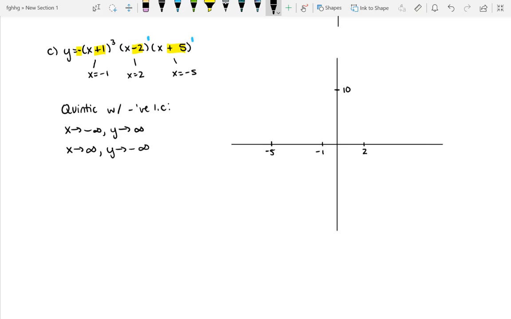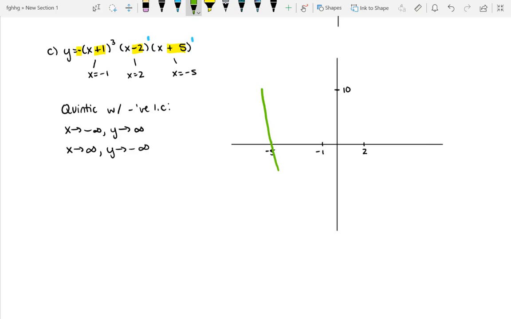Let's take a look at graphing this and putting it all together. So let us start off by what happens when it passes through x equals -5. Well, the exponent is 1, so that means my graph just simply passes through -5 normally. Then we go on to x equals -1. Bear in mind, the exponent for the factor x plus 1 is 3. That indicates to me that my graph is going to pass through -1 just like how a cubic function